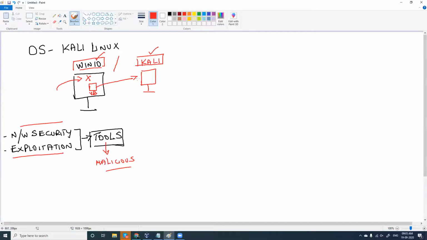So I'm going to install Kali Linux in VirtualBox, and in this I'm going to install all my tools in case needed. Or Kali Linux has 300 plus inbuilt softwares, right? It has all the softwares which are already pre-installed in this operating system. So all you have to do is just install the operating system, which comes with all the tools which are needed for network security, for exploitation, and for a lot of different purposes, right?